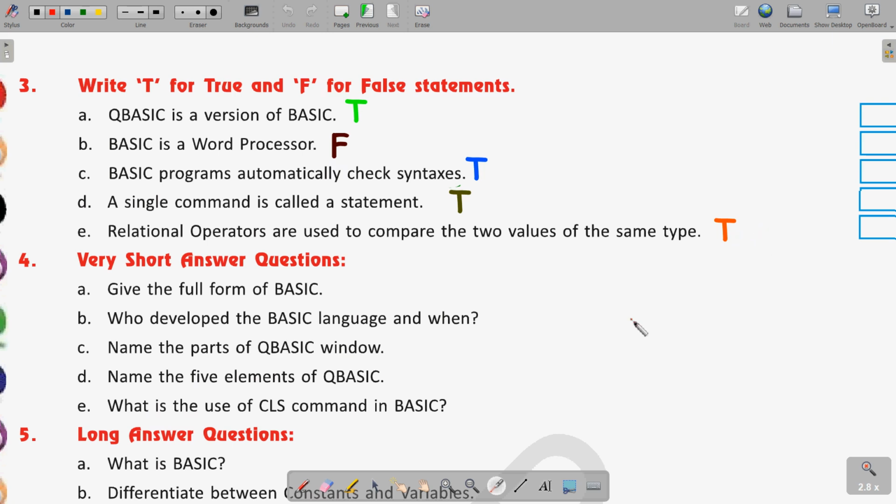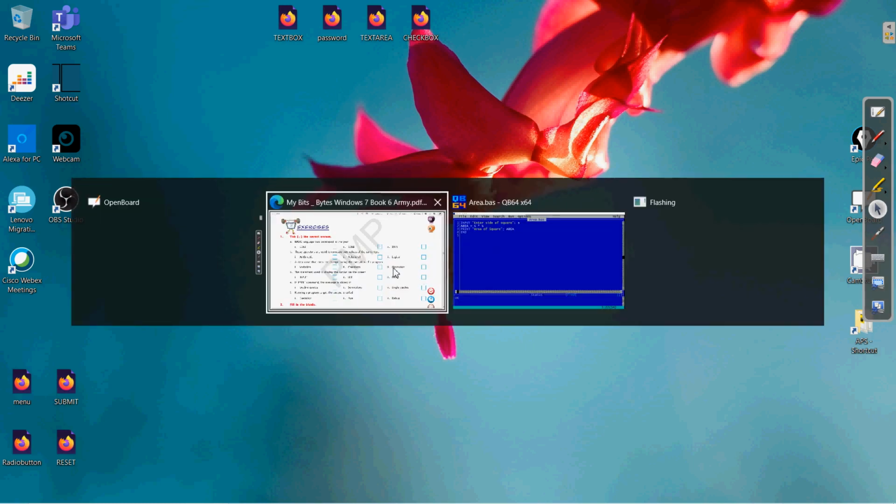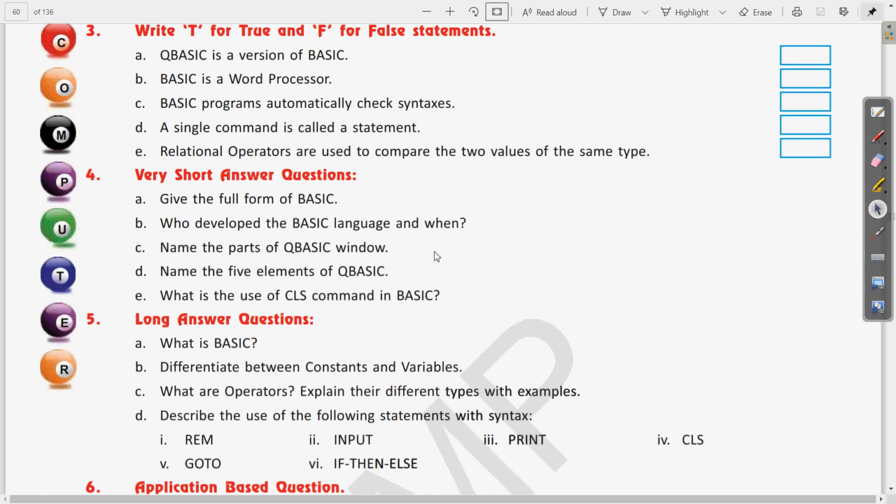Now coming to the very short answer type questions. Question 4 A, give the full form of BASIC. The answer is given in the book. Let us come to the book and see the answer. Here is the 4th A question, what is the full form of BASIC.